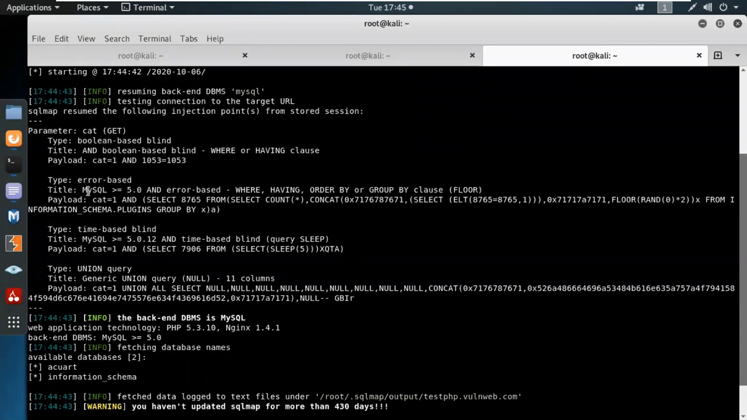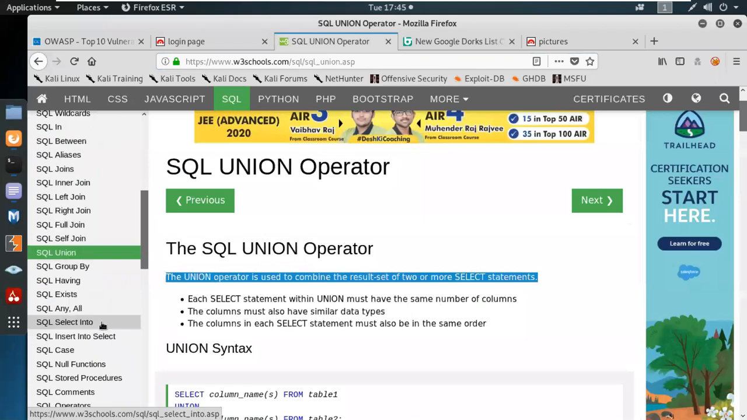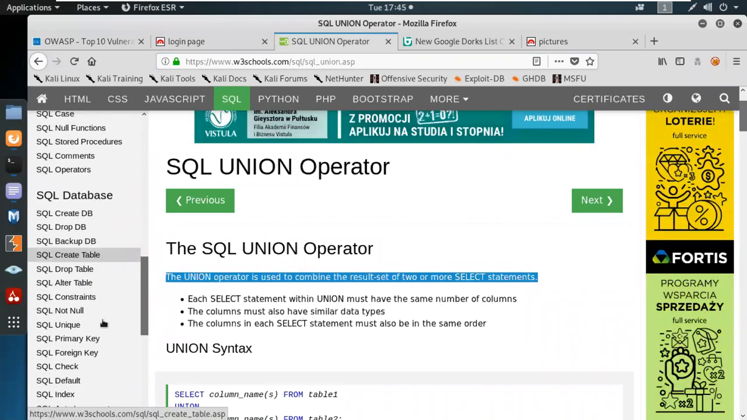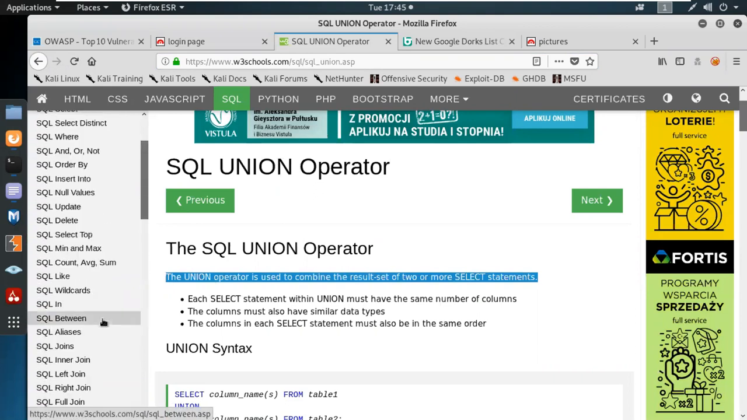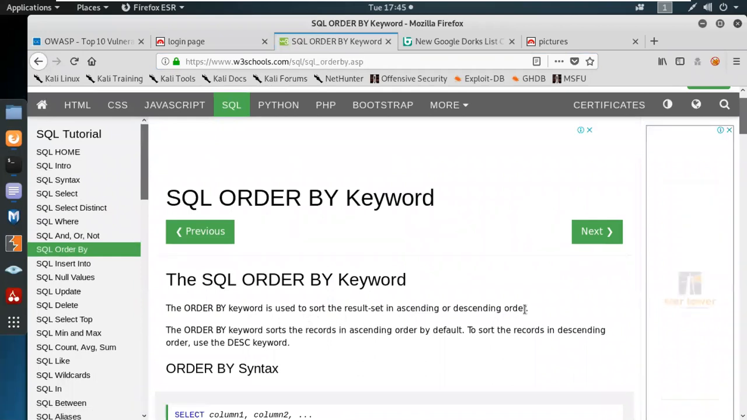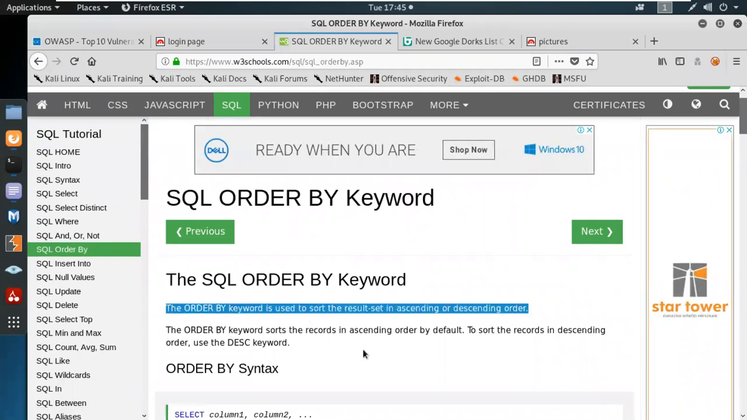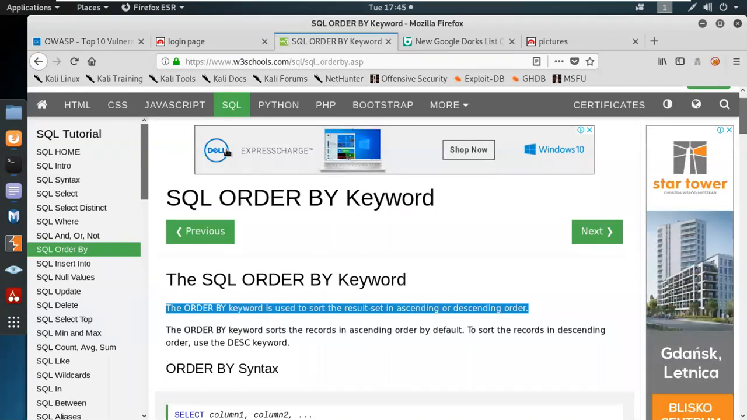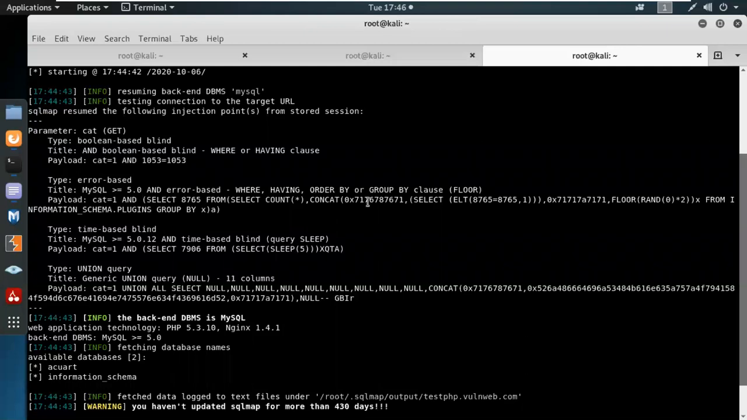Over here you can see the MySQL version is 5.0, which is error-based. We are having an order by clause. The order by keyword is used to sort the result in ascending and descending order. So over here they are using the order by function to identify one of the parameter values. They are putting some buffer from the information schema. Information schema is the architecture of any of the databases. You can see they are using time-based injection again,